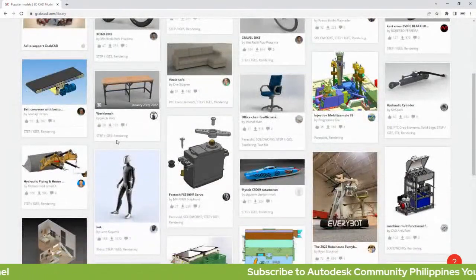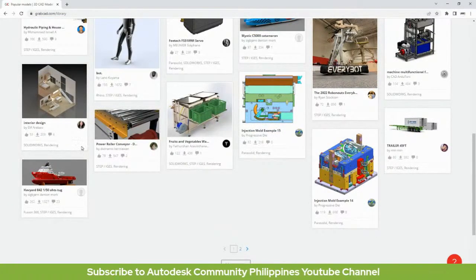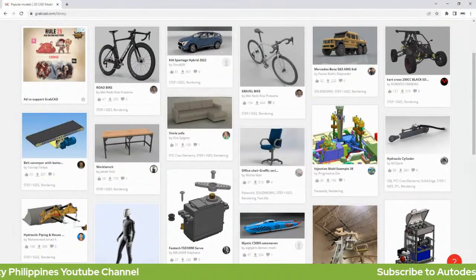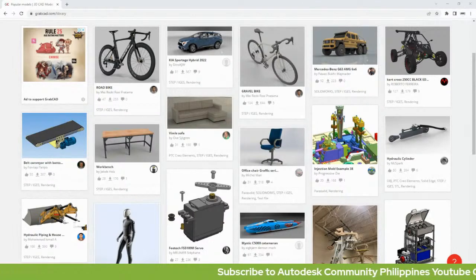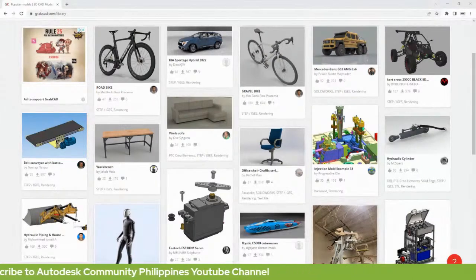So you can bring these items, may it be from SolidWorks, kayang basahin ni Fusion 360. So I guess that's it.